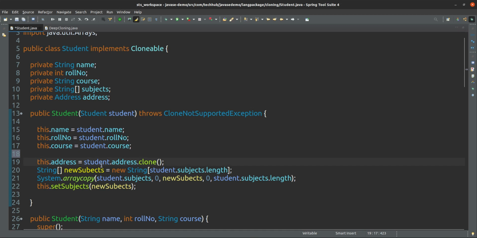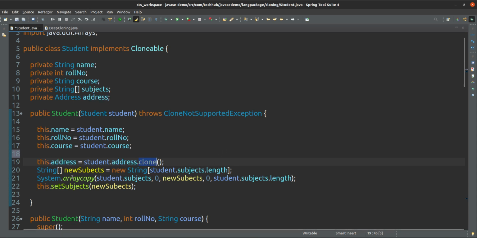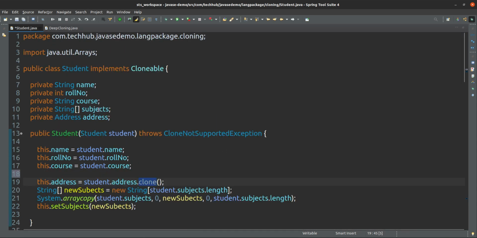And address, I am cloning the address, because address class is again implementing Cloneable, and it has the implementation for the clone method, so that's why it is cloning. I'm doing it in this way. And what about the subject array? For that subject array, I am creating a new subject array, and I am taking the help of the System arraycopy method, and I am copying the array values into this one and setting that.